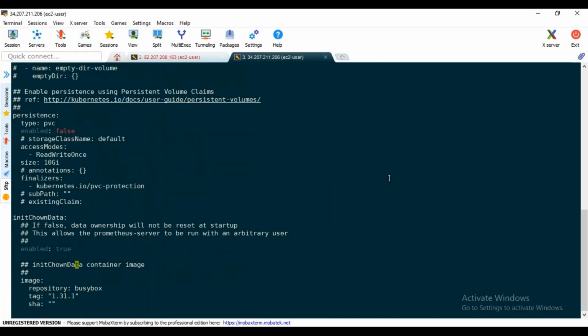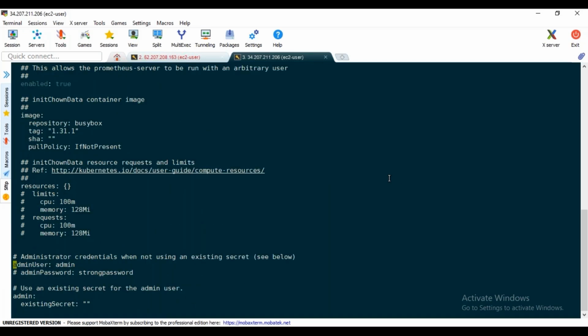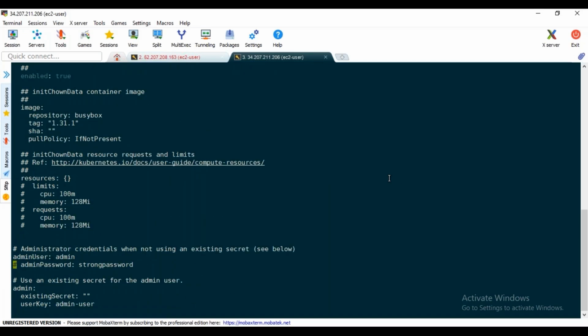So let me search for... Okay, here. So admin password, give any strong password, cloudfreak@123. This is the password I'm giving. Okay, that's it. And as I said, if you want to change,